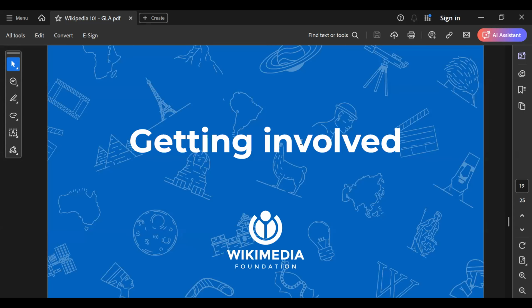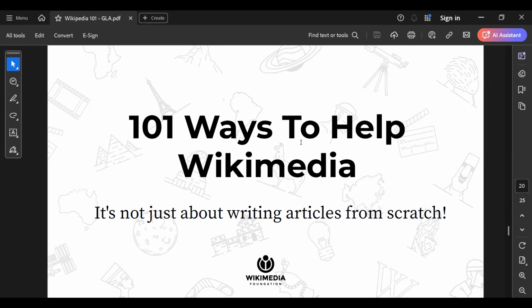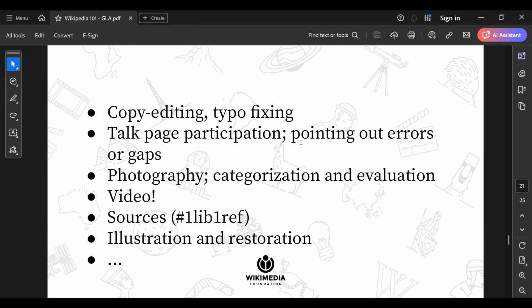How do we get involved on Wikipedia or become Wikipedia contributors? There are different ways you can be a Wikimedian or contribute to Wikipedia. Those who contribute to Wikipedia and other sister projects, we call them Wikimedians, and those who contribute to Wikipedia, we call them Wikipedians. This is very important for this particular training, because I would not be able to go deeper in everything that you need to know, but we still have to get the most important information that you need to get started with Wikipedia.